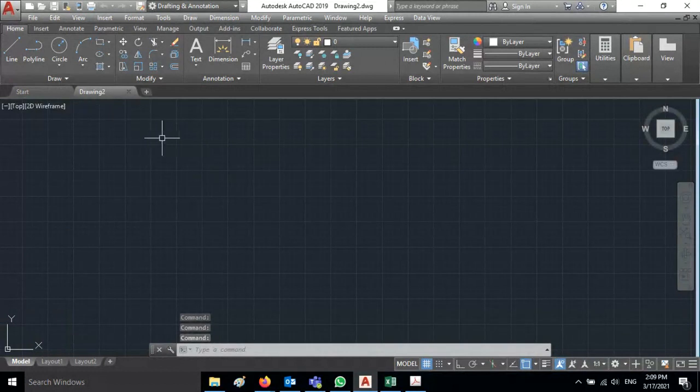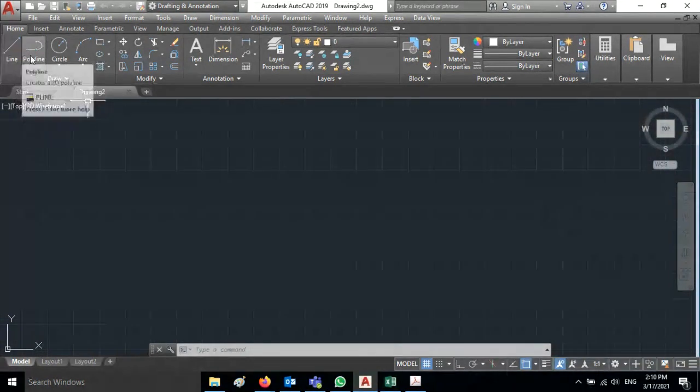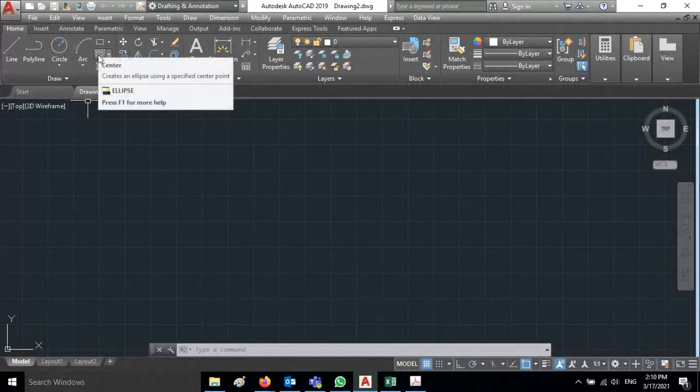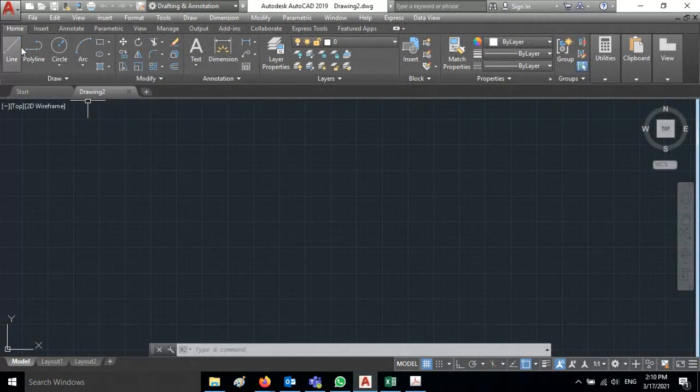This is a drawing space we normally open. And here it creates only 2D objects. By 2D objects we can create by using the line, polyline, circle, arc, rectangle, ellipse, and all other different editing tools we use to create the 2D objects. But in today's class we are going to create the 3D object.